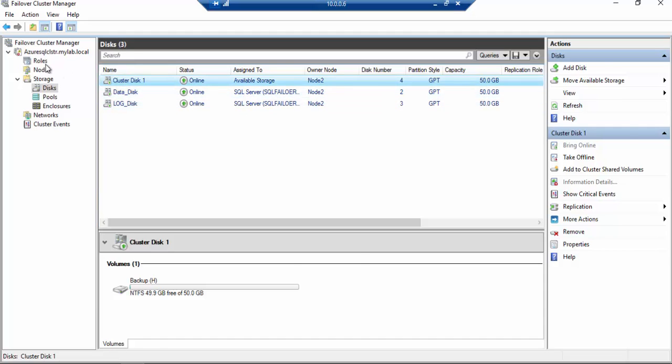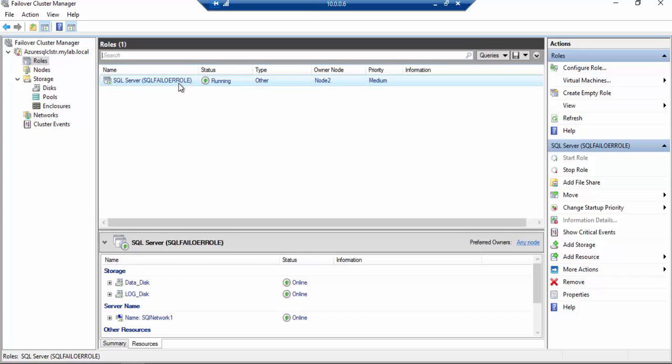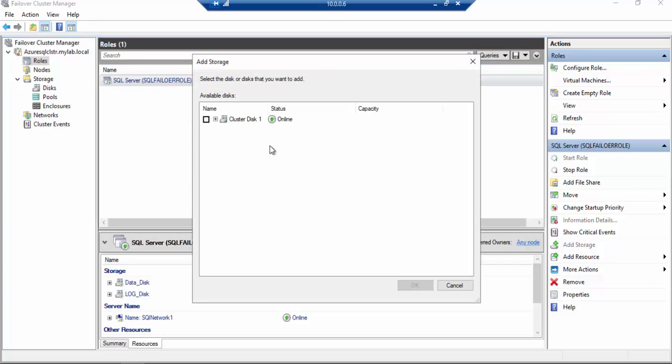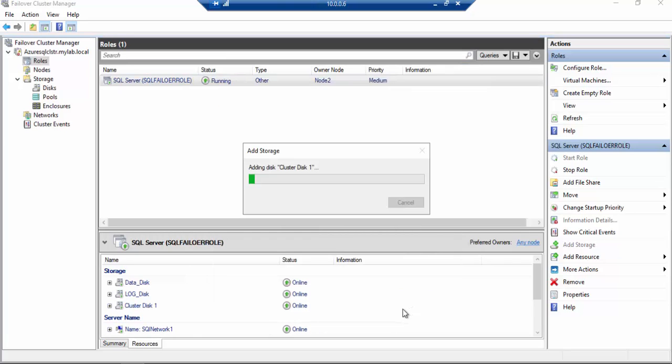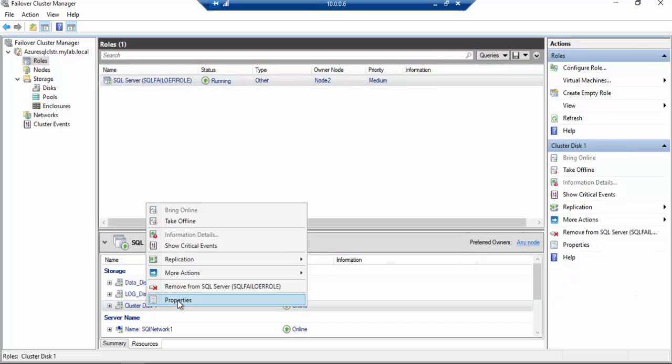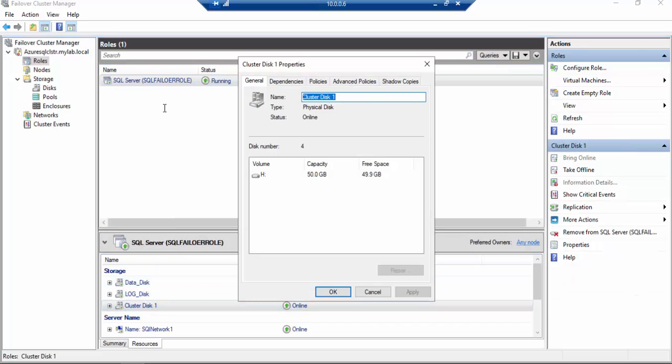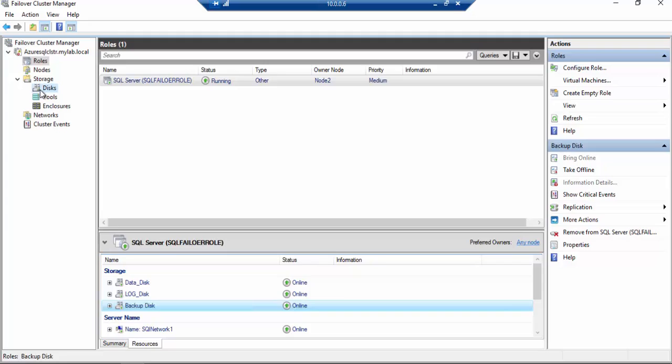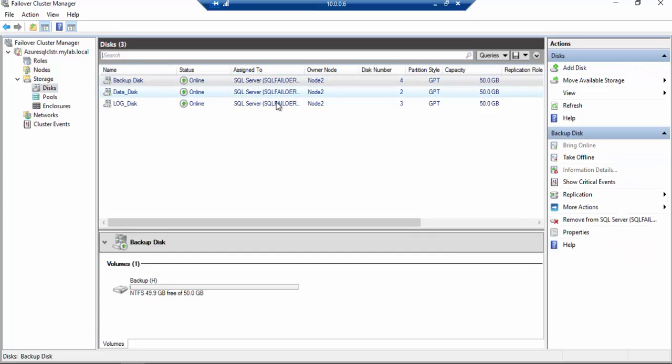So what we're going to do is go to roles and click on the role, and on the right under the action pane you can see add storage here. Click on add storage. See, the disk is available here. So click on this and click OK. I'm going to rename this to backup disk. Okay. So if you go back to this, you can see it has now been assigned to the SQL